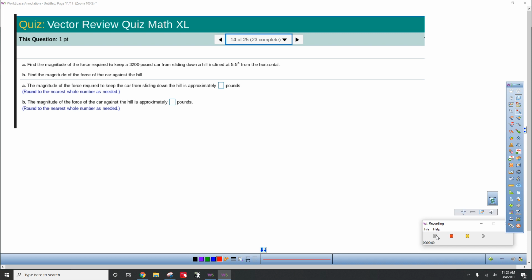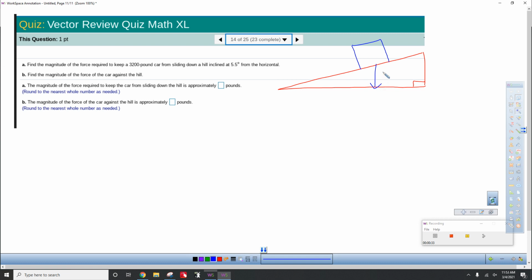Let's draw a little diagram over here. We've got an inclined plane, okay? We're going to draw our car as if it is a box. So the 3,200 pounds is going directly in the negative vertical direction, because that's where gravity is going. So this vector